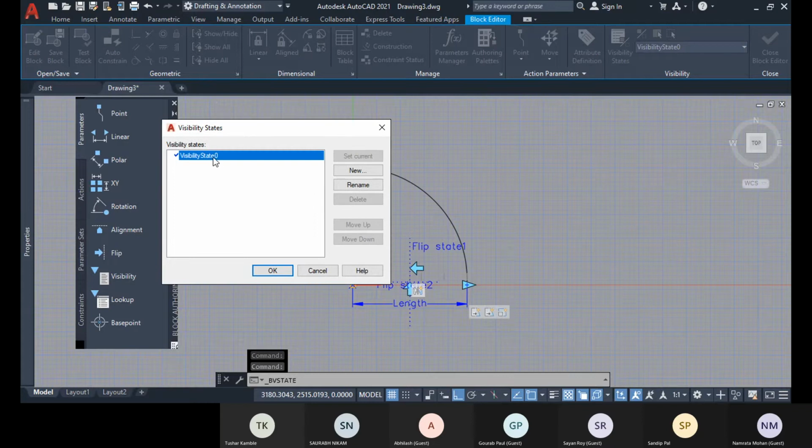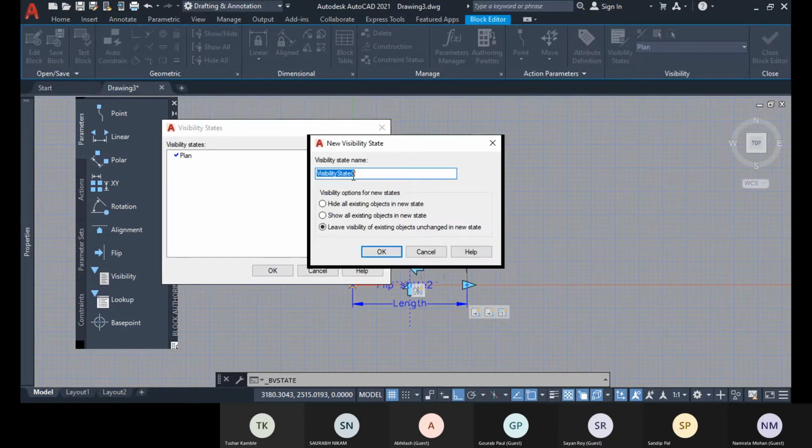So right now the visibility name is visibility state 0. You rename it to plan. Okay, and next you have to assign a new one, so you name it elevation. And here you see, leave visibility of existing objects unchanged in new state.